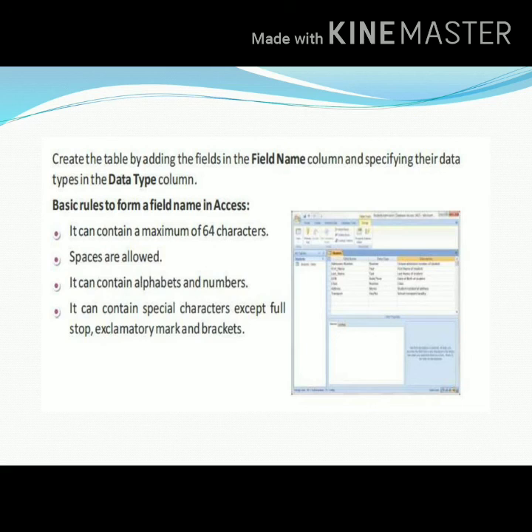So we have some basic rules to form a field name in Access. It can contain a maximum of 64 characters. Spaces are allowed there. It can contain